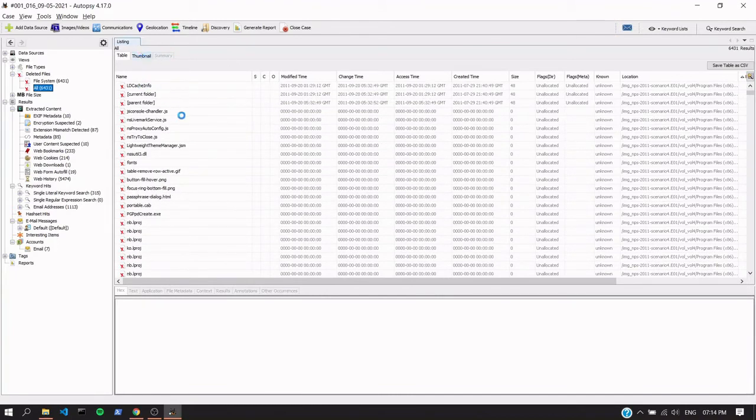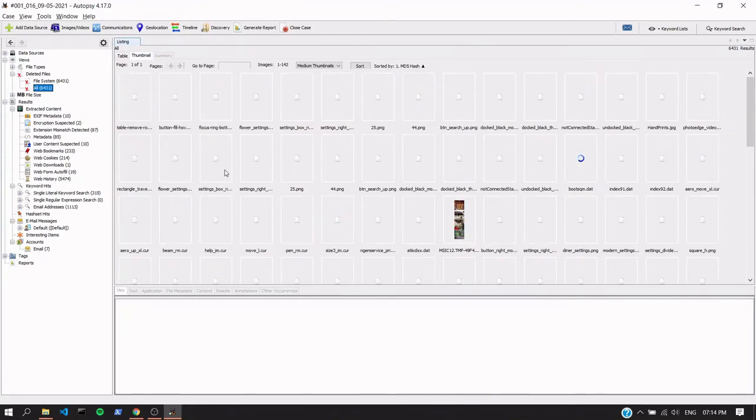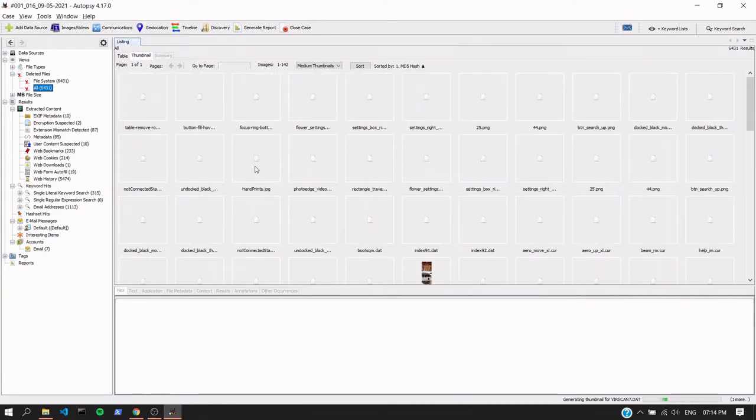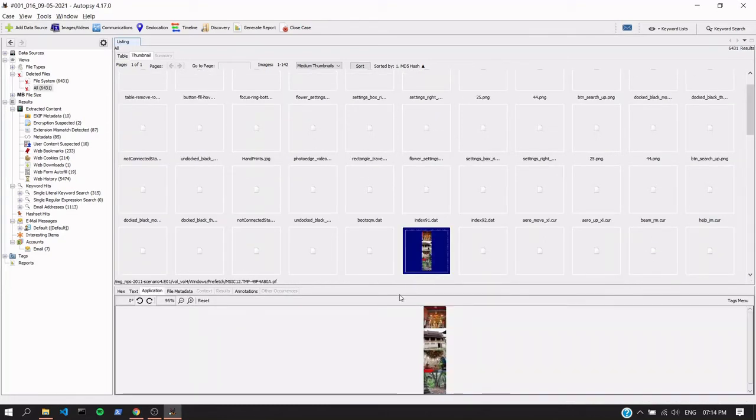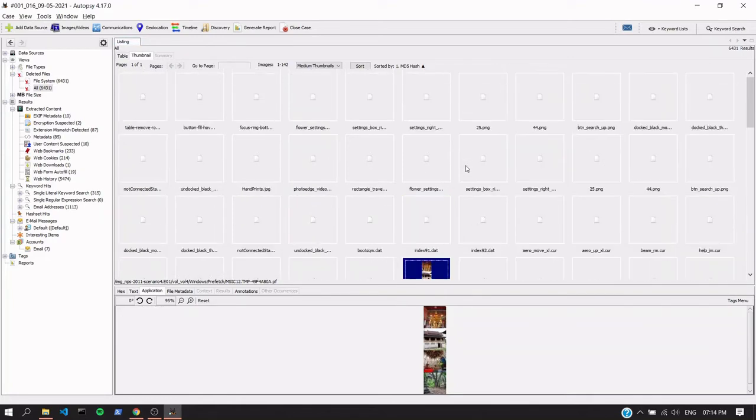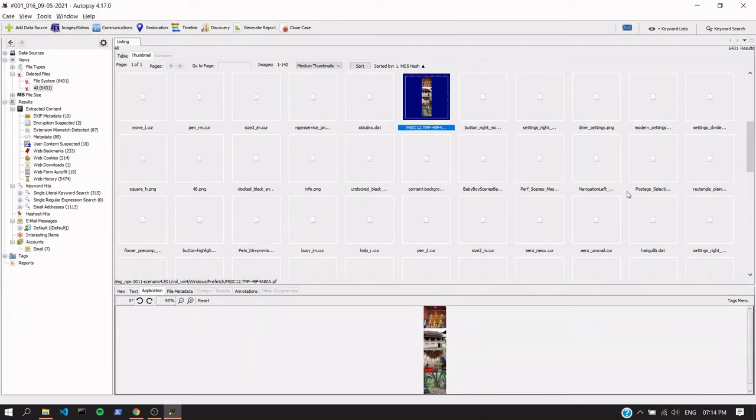Let's see in the thumbnail if it's able to extract some few images or not. Yeah, I think we can extract some few images as it's showing here. This is some image. Okay, let's watch some others.